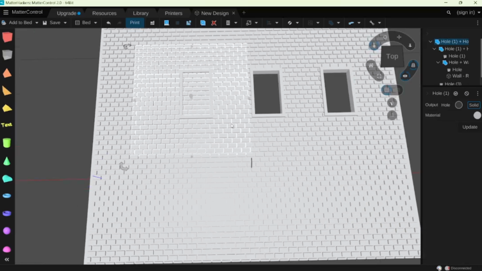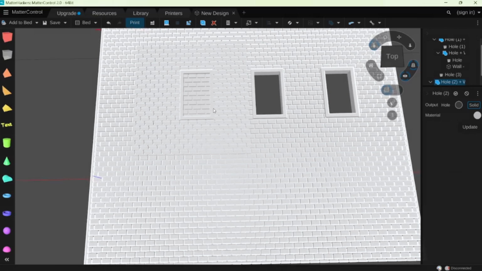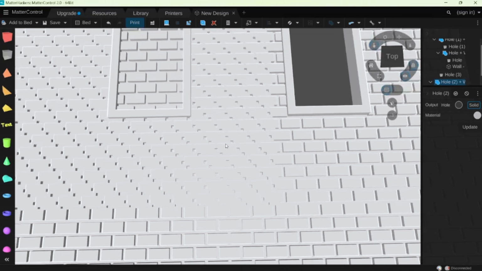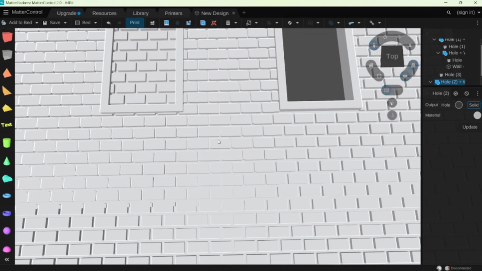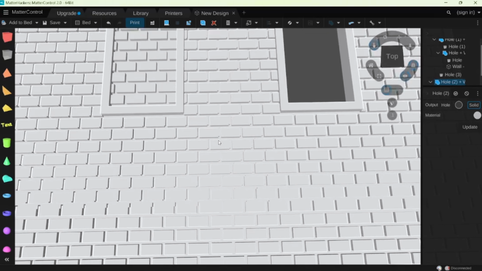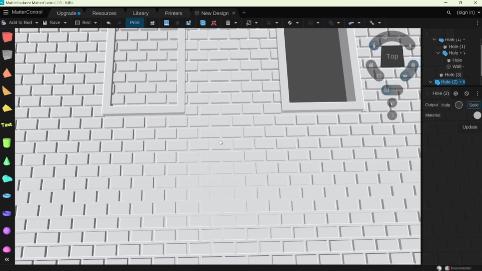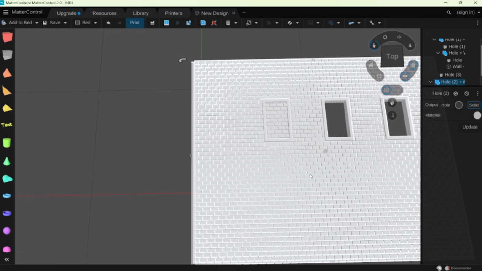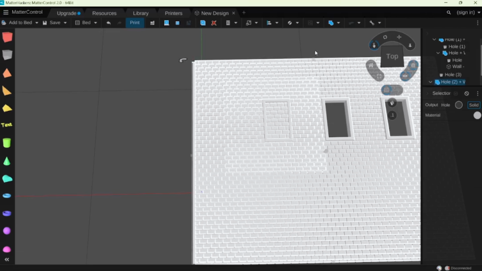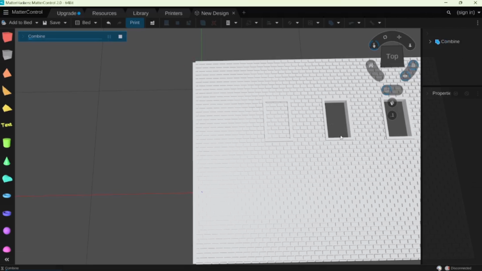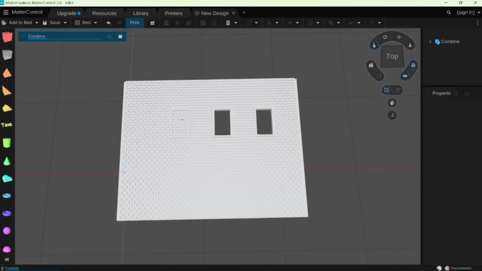We'll want to get in close and try to match up the brick as close as we can get. There, that looks pretty close. So now we come over, we snatch that and that, and we combine them. So now we have a bricked-in window, and then when we want to do a bay door, we're going to